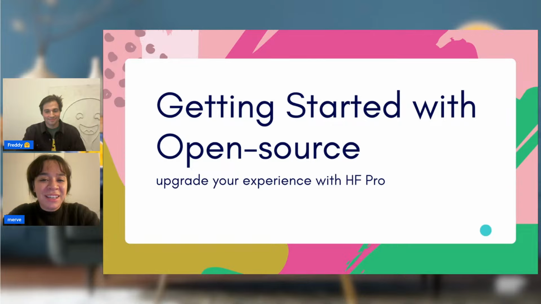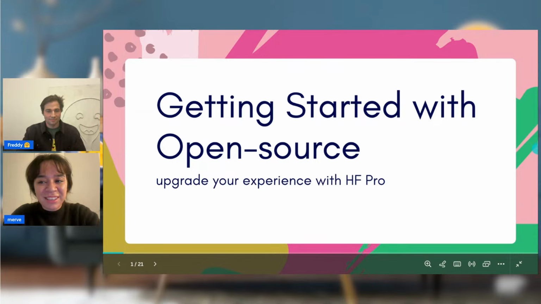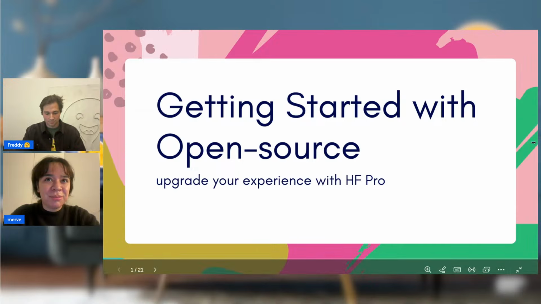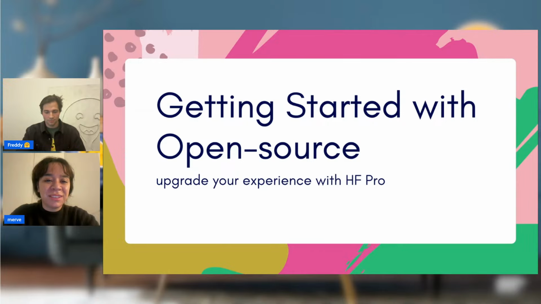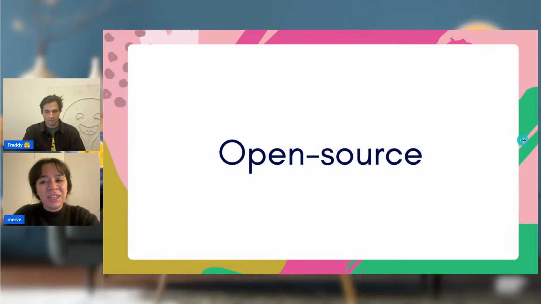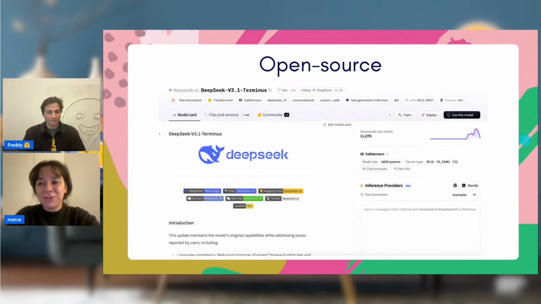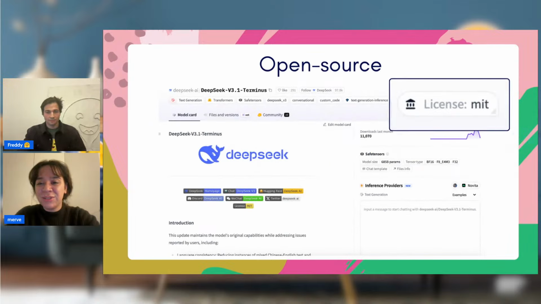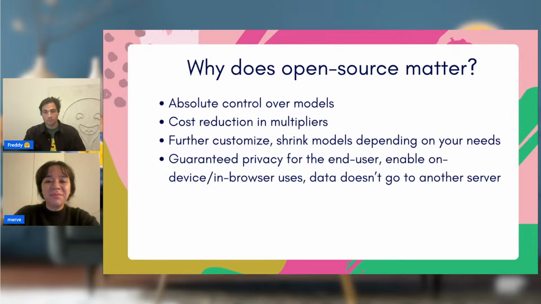Hello, I'm Merve, and I work for the open source team at Hugging Face, and I will briefly talk about all the Pro and inference providers benefits that you're going to get in this hackathon that you can put to use. So first off, why you should be opting for open source models in this hackathon is, when you go to a repository and you see this, it means the model is open source and you can use it for commercial purposes, you can fine tune it, and then you can use it with MCPs or whatever you want to build. And why does it matter?